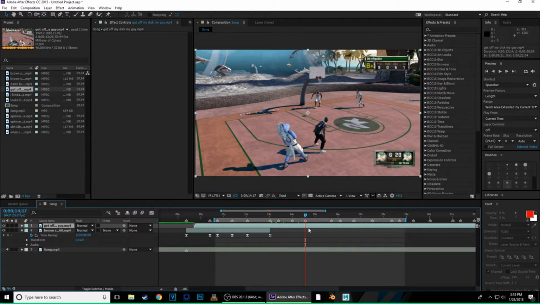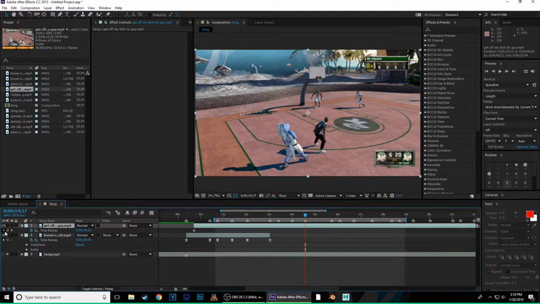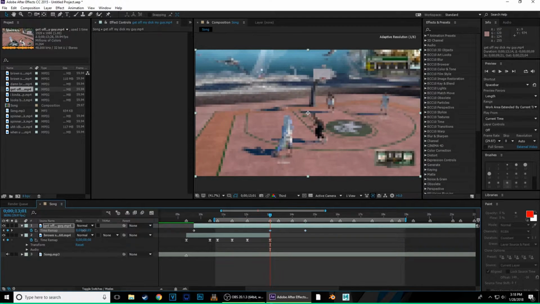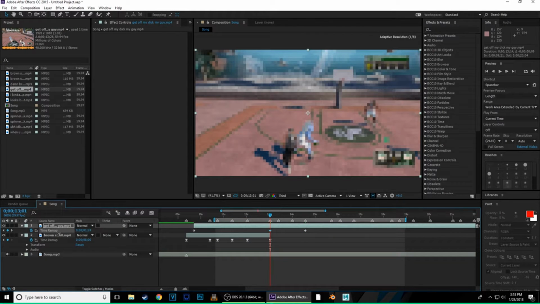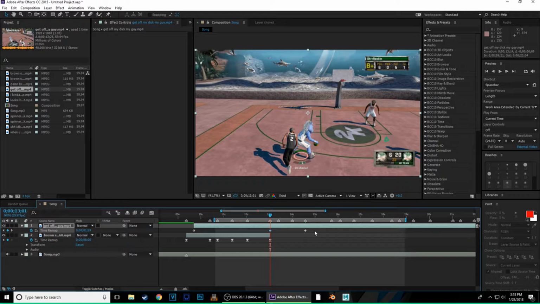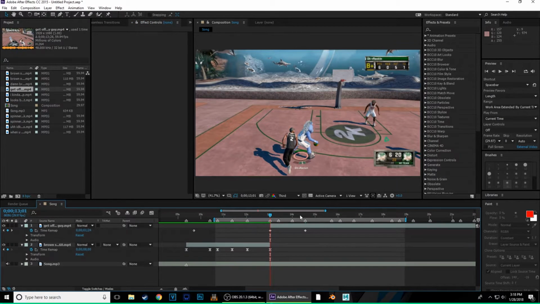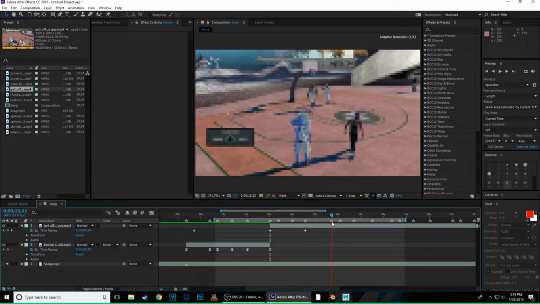So once you drag it and it's on the marker that you want him to dunk at, and you know the ball is in the rim, Control Alt T, add a keyframe, go to the start, put it back, and then Control Shift D, delete, open this again, go to the last keyframe,